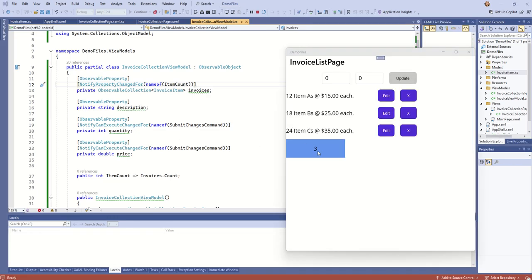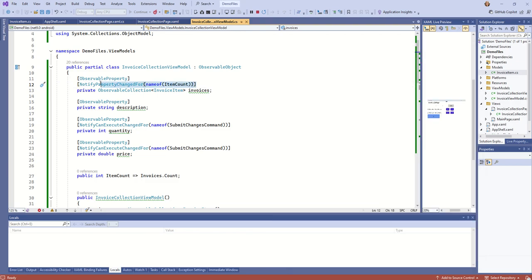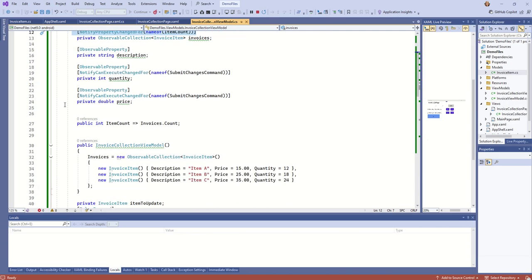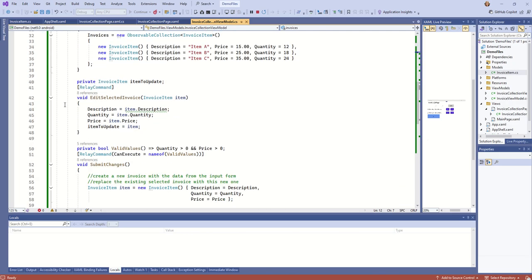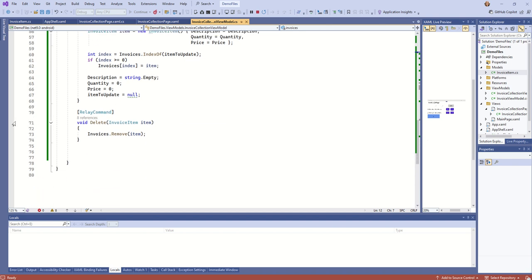So when our app's running, we've got our count as 3 to start, and we click on an X to delete one, but our item count property has not updated despite the fact that we've used notify property changed for. Now, if we want to do a little bit of investigation, let's put a breakpoint here on our delete method